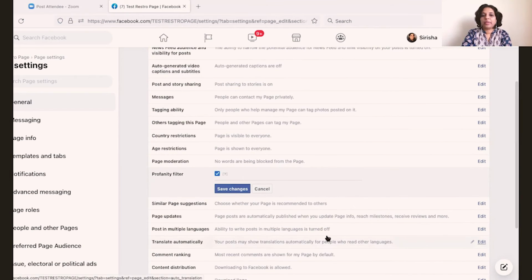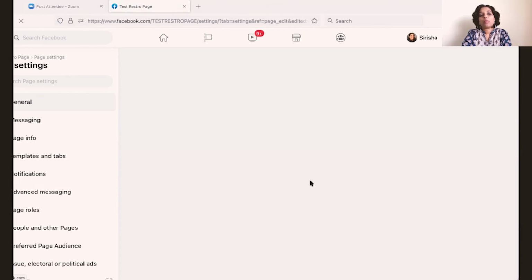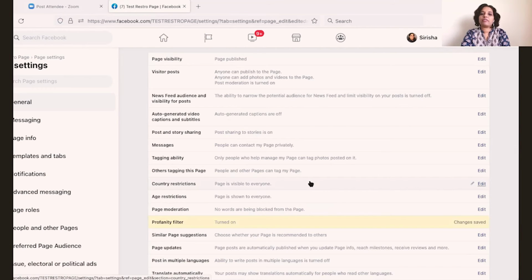The reason being, people sometimes are weird, right? There might be some competitors of yours who might see that you have created a Facebook business page, but what they do is try to sabotage you. What they can do is just put irrelevant comments underneath your posts, which might be profane as well. So you have to make sure that this is turned on, because sometimes what happens is if you don't pay